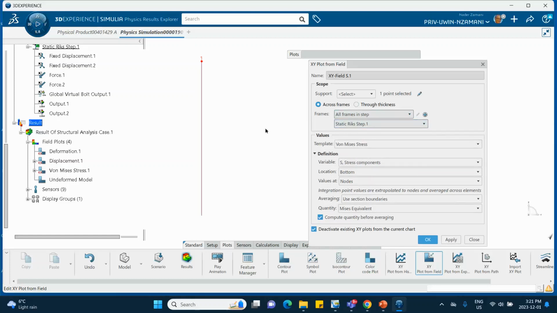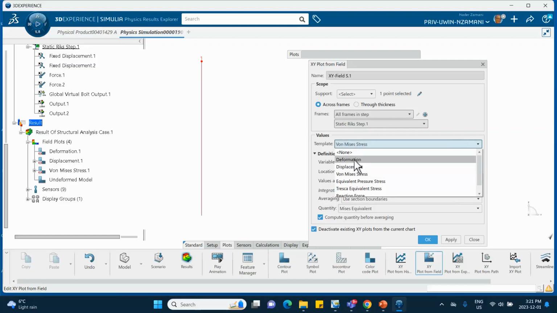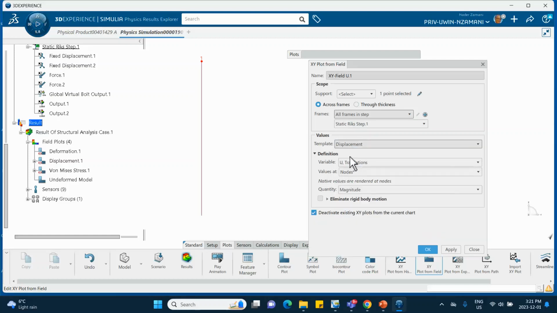I want to show this plot to you for the RIKS step, because there's nothing fancy about the result in the static step. It's going to be just a straight line. Okay, there's nothing fancy there. So we don't want that. We change this to the displacement template,